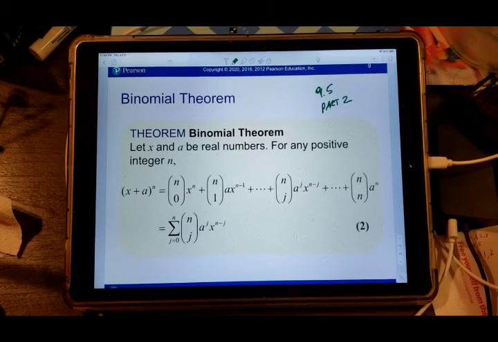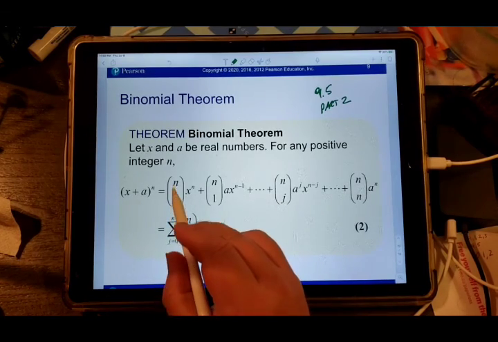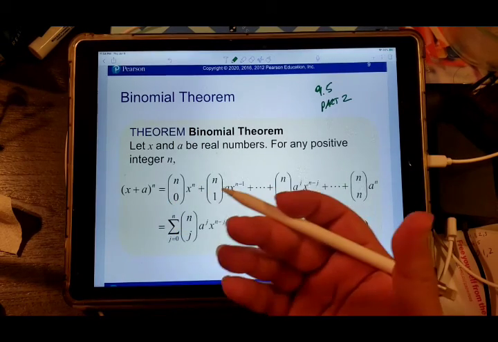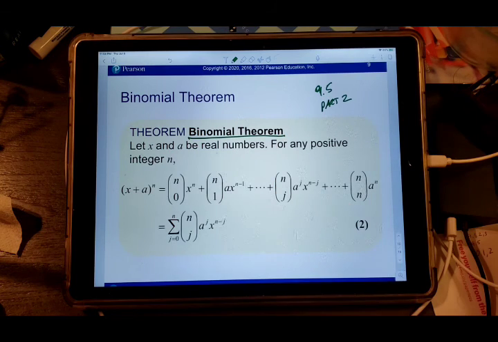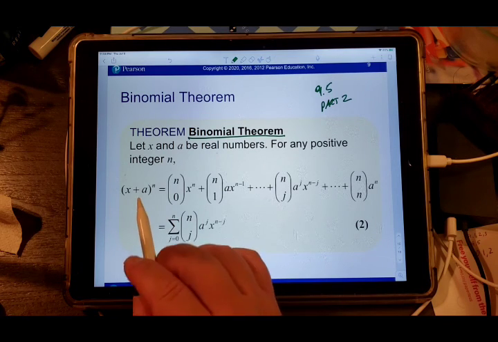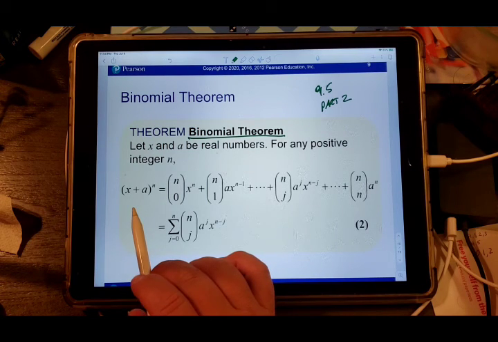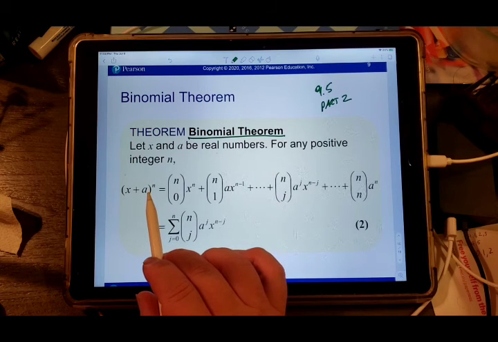All right, in 9.5 part 1, we talked about this nCr notation, and we talked about Pascal's triangle. Now we're finally getting to the binomial theorem. You might notice what I was saying about binomials in the first part of this video. When you have a plus b to the n, whatever that is, a plus b to the 5, let's say,